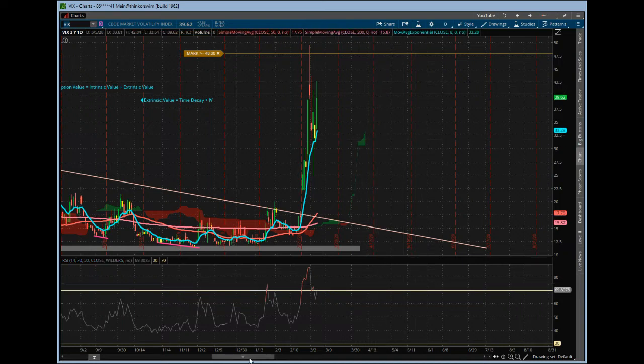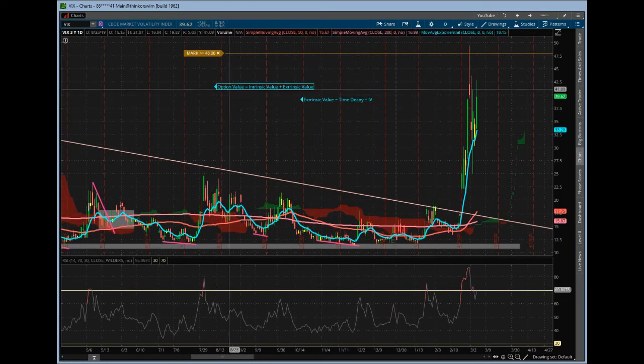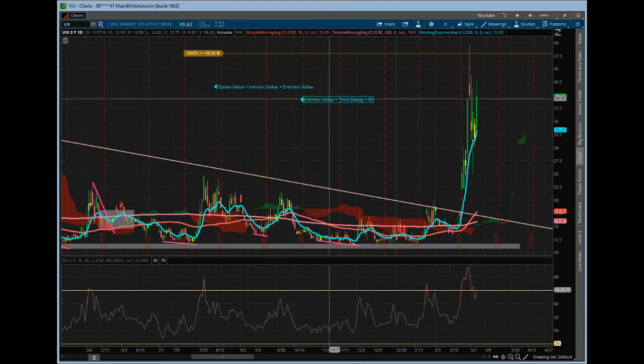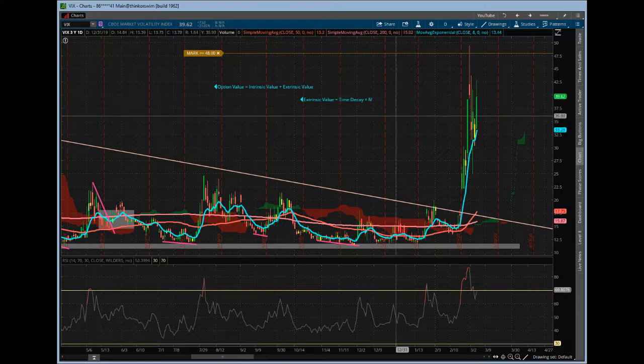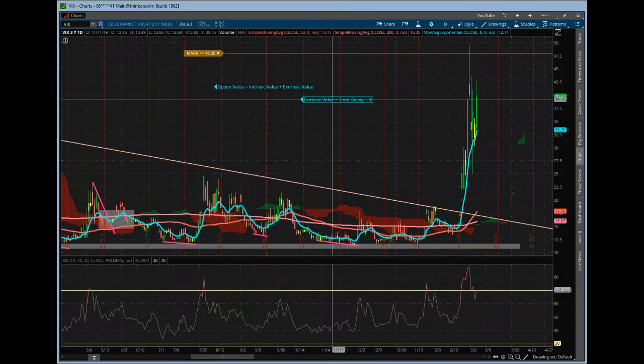Oh, this is great, guys. So we have the definition right here. Option value equals intrinsic value plus extrinsic value. And so that gives us our idea. That extrinsic value is your time decay, or your time value, plus your implied volatility. And so that implied volatility, if that IV is high, even if you're going up, and if it drops really low, your extrinsic value